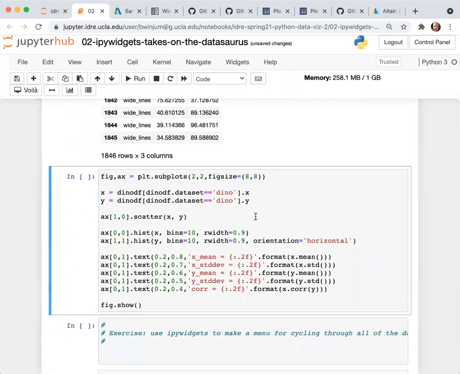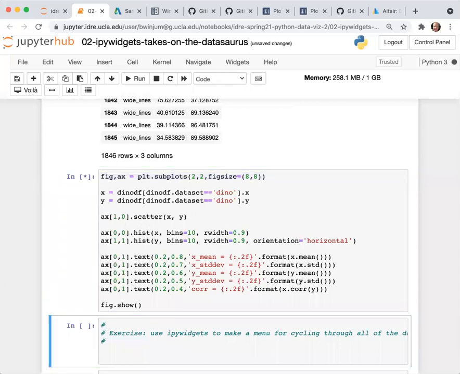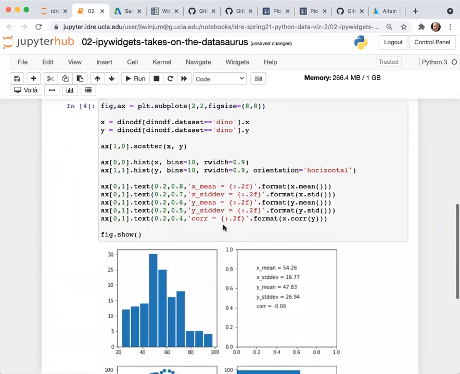And then if we use matplotlib to plot this, this initially generates the figure object, which has 2 rows and 2 columns. I'm going to assign to X and Y just the X and Y points that match up with the Dino data set. And then I'm going to generate a couple different plots. So I'm going to execute this first and then explain what's being plotted.